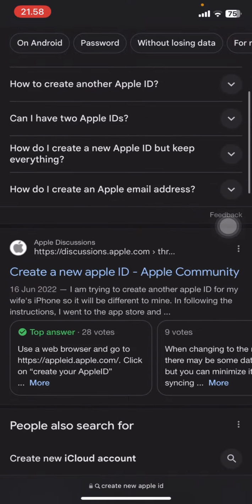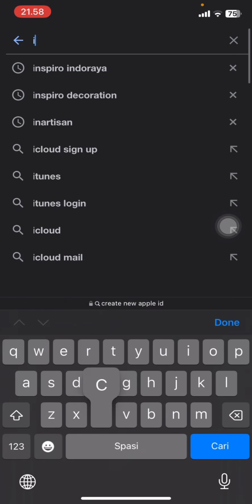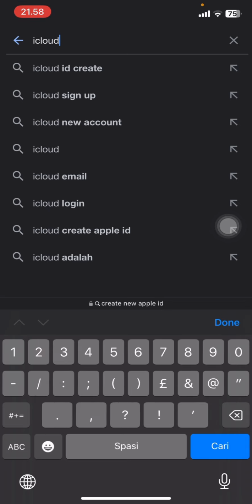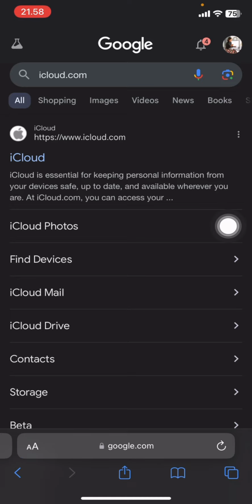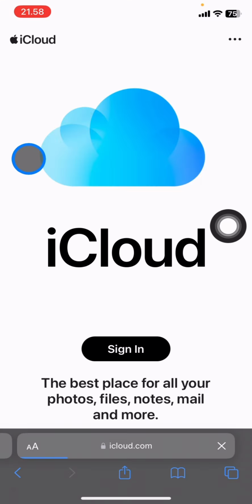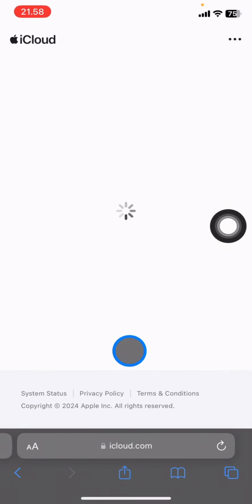and re-enter iCloud.com, and then just click search, and you will find this type of iCloud. Then just tap on it, and it will bring you into this type of panel, and then you just need to tap on sign in, and it will bring you into the next section, which is